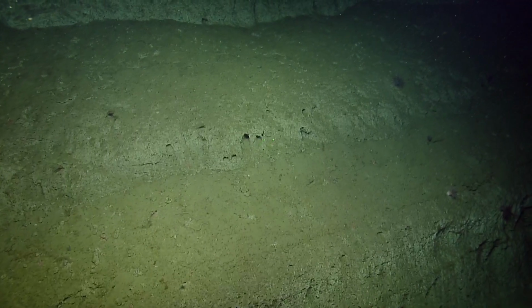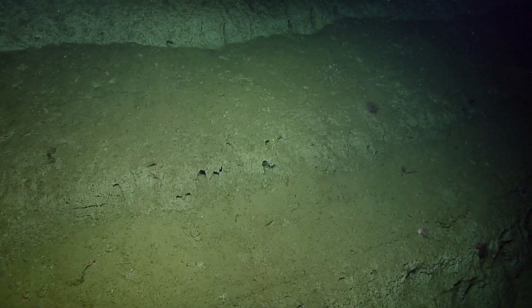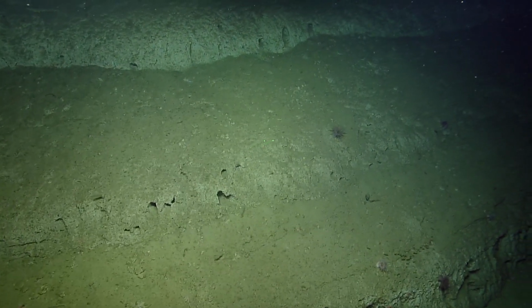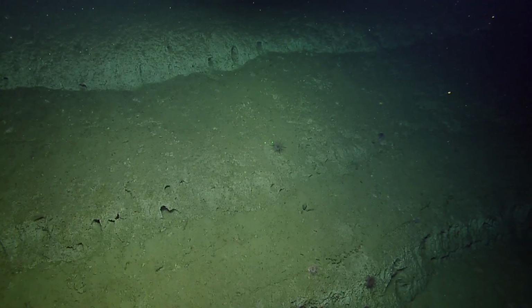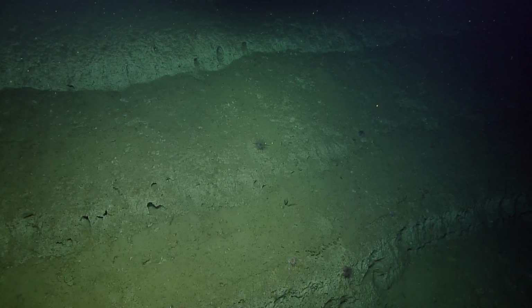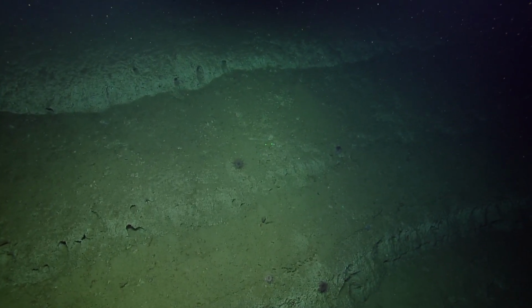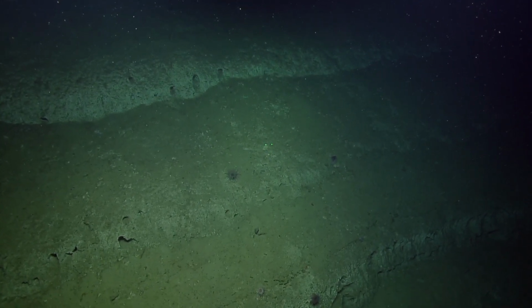So how deep is this drop off right here? How much water do we have beneath us? Well, right now, it's an excellent question. I don't know if you can tell if you're kind of edged up on it. The map says the entire feature. Argus is 50 meters off bottom and 25 meters above Herc. Okay. Yeah, I was going to say the whole feature on